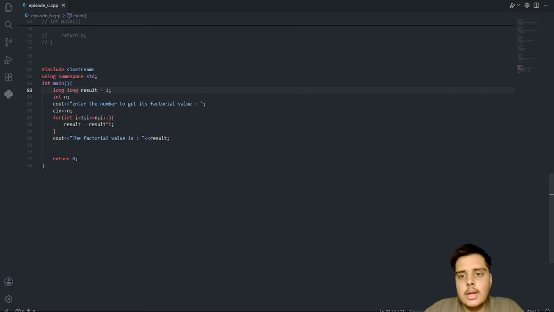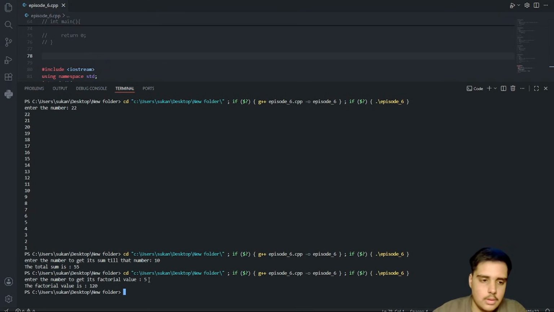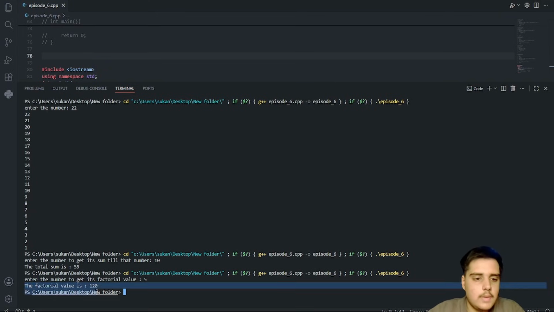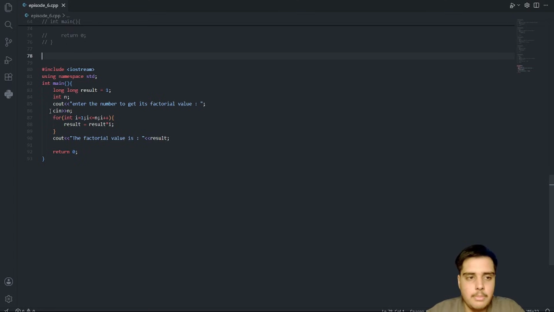I believe we are correct totally. So for further work, if it's incorrect we will see. Otherwise, let me run the code, and if I say 5, yes we are correct, the factorial value becomes 120, which is absolutely correct. So our thinking of it is very nice. But a better way to frame it is to even take the border values.